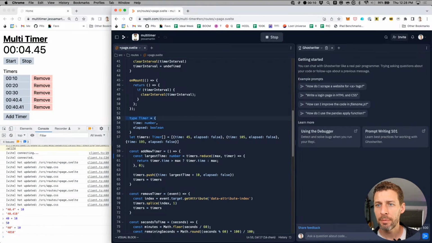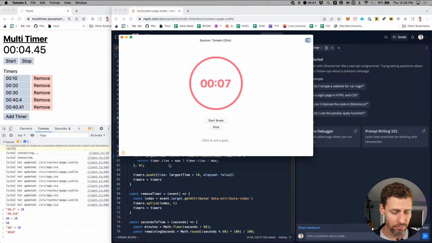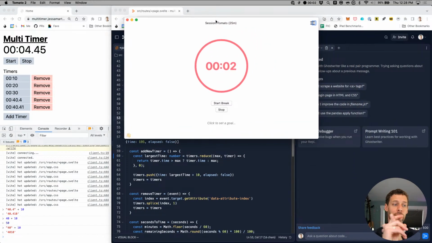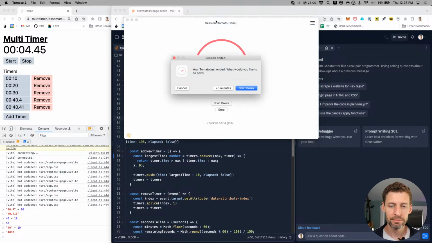All right, we are just about at the end of our first Pomodoro. So far, we have looked at several things. We have fixed the audio size. All right, so that was a pretty good first work session. We fixed the audio problem and it now plays the sound at exactly the right point. We converted each of the timers to display, and we add new timers when there's a decimal in the largest timer's time. We can fix that when we get back, but for right now, I'm gonna take a 5-minute break and then I'll be back to start Pomodoro number 2 in just a second. See you guys in 5.